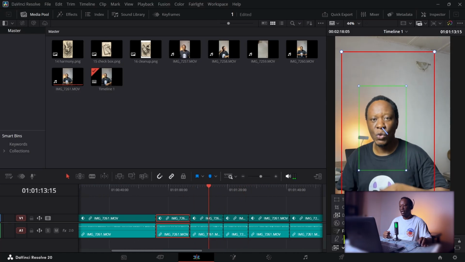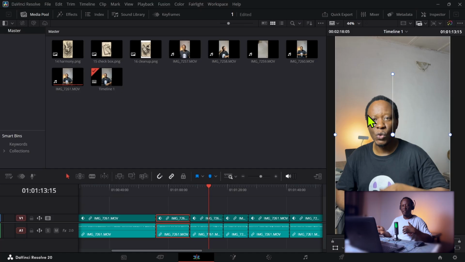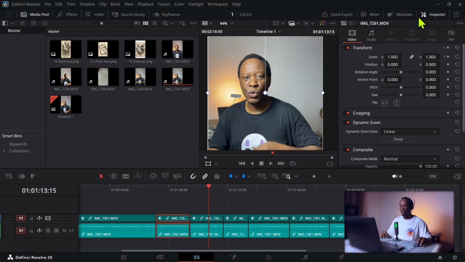I'll go over here and set this back to transform. And this is basically going to rotate. So how do we pan left and pan right? Well, panning left and panning right is very simple, straightforward. If I open up the inspector over here